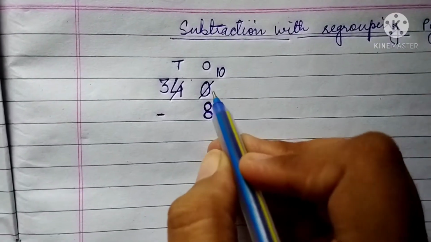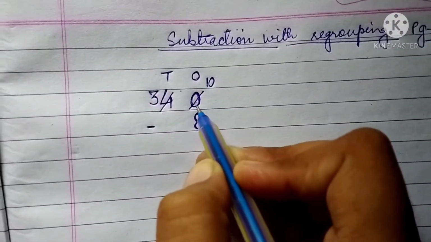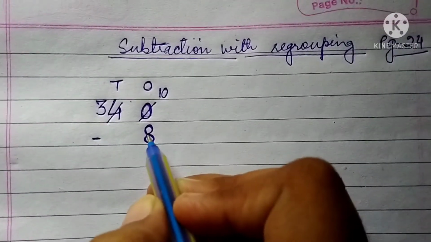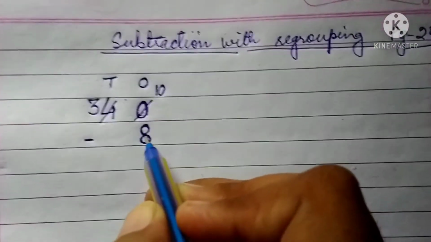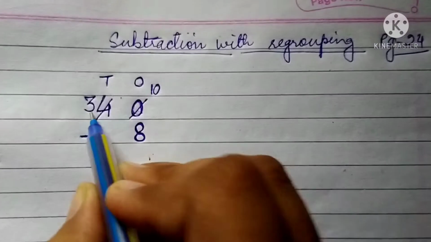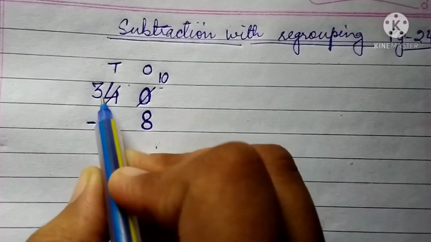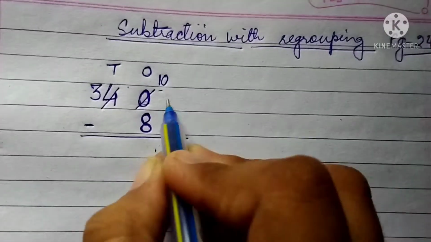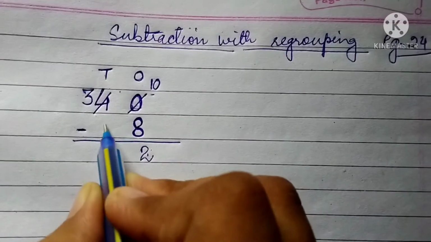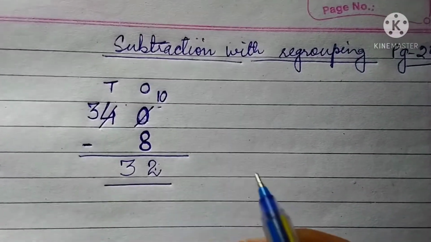It means that right now we had 0 ones here. This is ones place, 0 ones here, but 0 ones wanted some value so that it can subtract something from it. If it can subtract 8 from it, so it has taken 1 tens from this side, so it has become 10, and this one has given this to this one, so this has become 3. Now we subtract. 10 minus 8 is 2, and this 3 will come down because there is nothing in this tens place, so the answer will be 32.